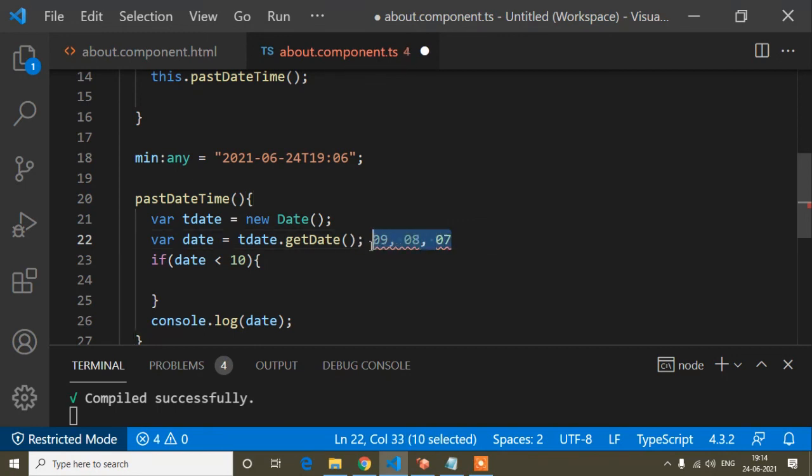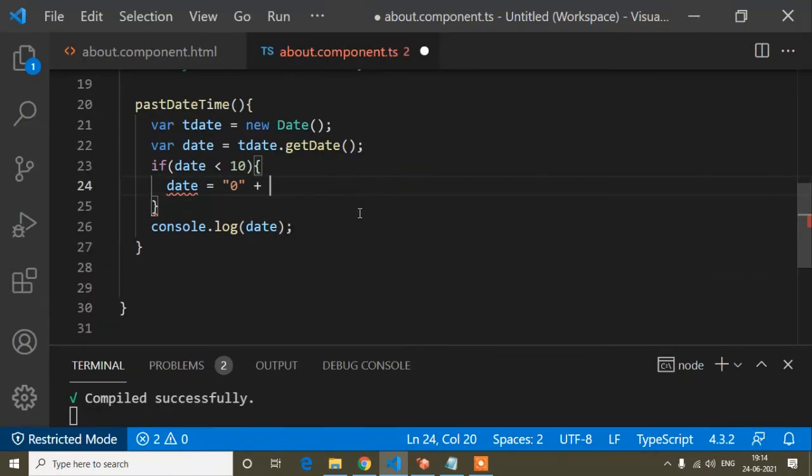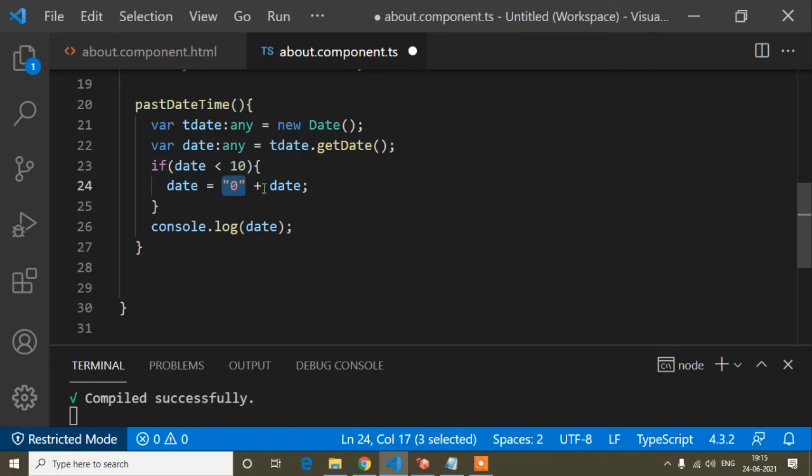Okay, so how can I do that? When the date is less than 10, because less than 10 means it's a one-digit value, then date equals 0 plus today's date, that is this one. And here all the variable types I will set as any, like this. So when the date is less than 10, I mean 9, 8, 7, then it will add a 0 with plus and our date.